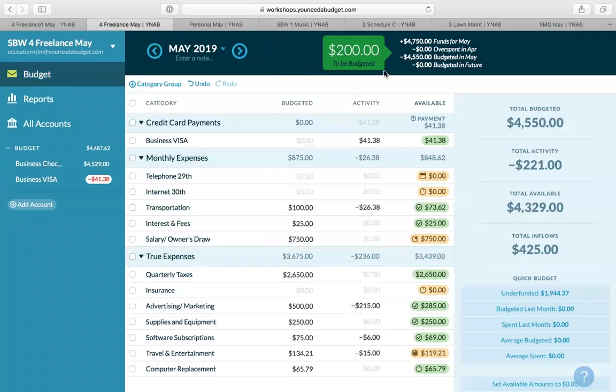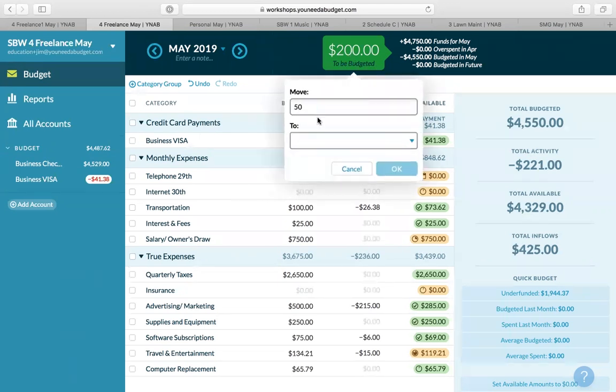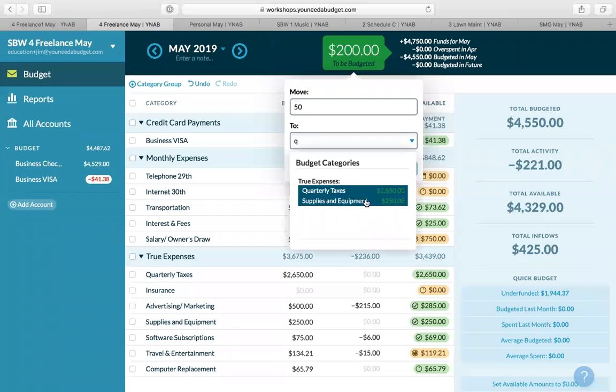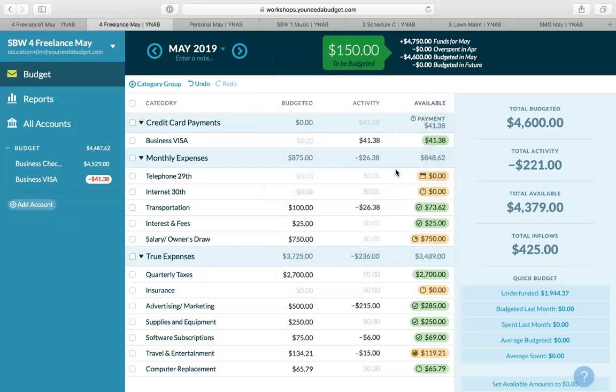Now those dollars are part of my budget, and I can budget this money. I now have $200 that needs a job. I'm going to ask myself, what do these dollars need to do before more money arrives? Well, I do want to set some of this money aside for taxes. So I'm going to budget 25% of this income to my quarterly taxes category. So let's take 50 of those dollars, just put it towards our quarterly taxes so we know we're on track with that. Okay, so that's good.